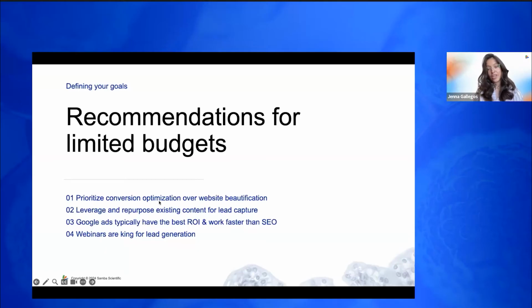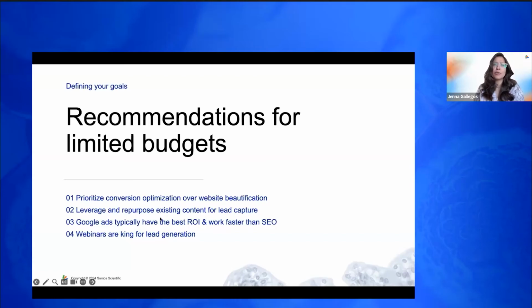So we often talk to people who say, we want more leads. We think we need to overhaul our website and add more bells and whistles. Adding bells and whistles to your website is likely ultimately going to generate leads, but it takes a lot of time and it can be expensive, and there are quicker fixes you can make that can be really substantial.